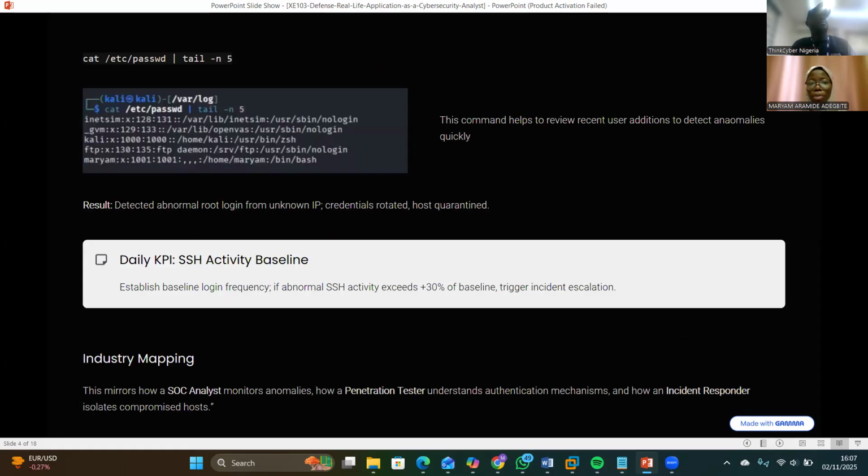And we used the cat command coupled with the tail command to review recent user additions and to detect any anomaly and resolve it quickly. The result was we were able to detect abnormal root login from unknown IP addresses, and the host was eventually quarantined. To ensure that the system stays secure over time, we established a daily KPI that measures the login